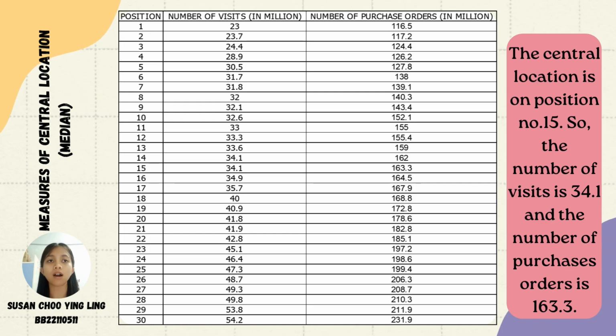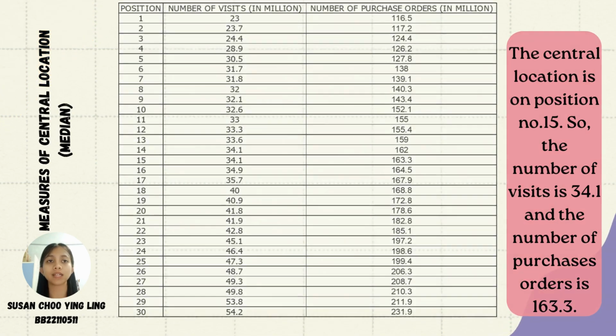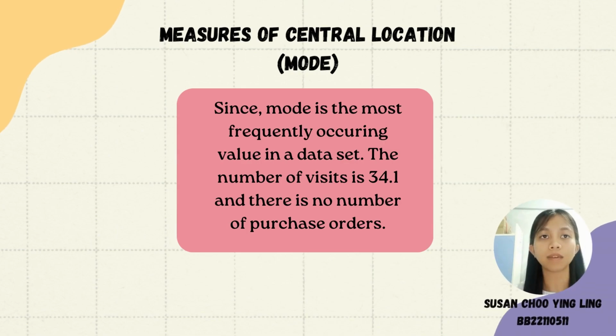So the number of visits is 34.1 and the number of purchase orders is 163.3. By using the mode method to calculate the measure of central location, since the mode is the most frequently occurring value in a data set, the number of visits is 34.1 and there is no mode for the number of purchase